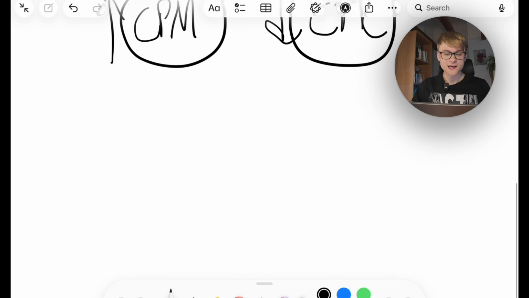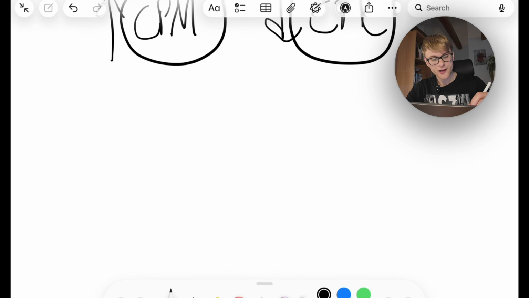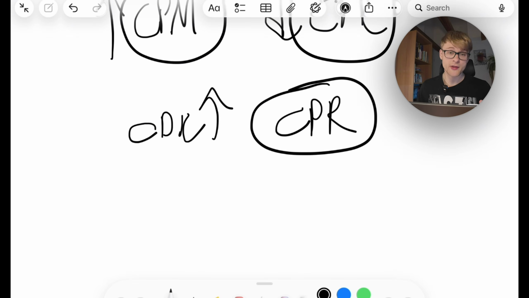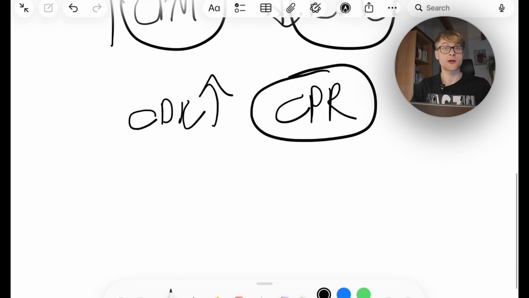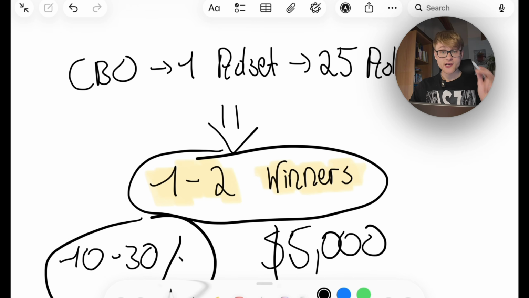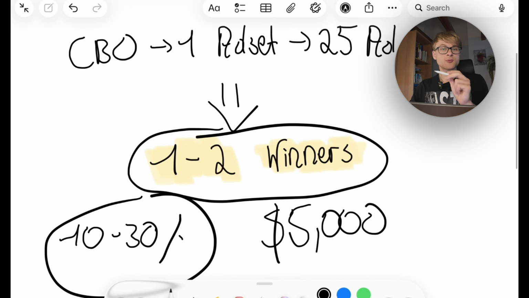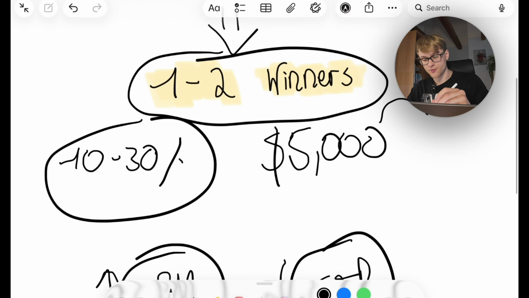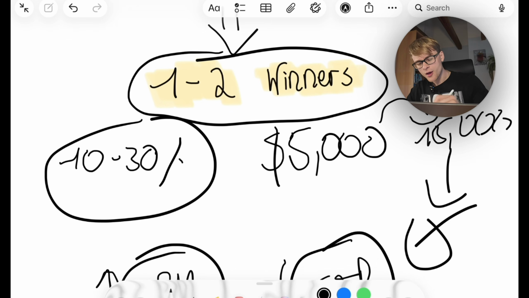Okay. Now, this is going to cause your cost per click to spike up, and your cost per result, so whatever you're optimizing for, if this is an opt-in, let's say a complete registration, or a lead, or a booked call, this is going to spike up as well. So essentially the two winners that you had in this one campaign can literally go from $5,000 spent, and let's say this maybe has generated you a $15,000 ROAS, to literally zero, because suddenly your winners are fatigued and